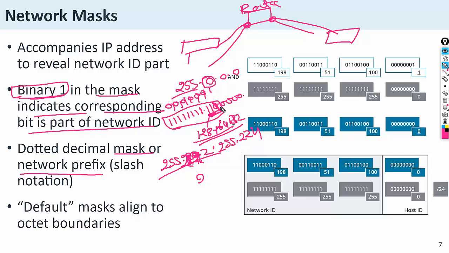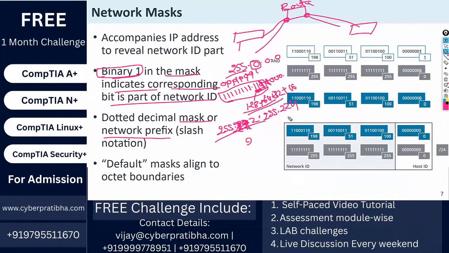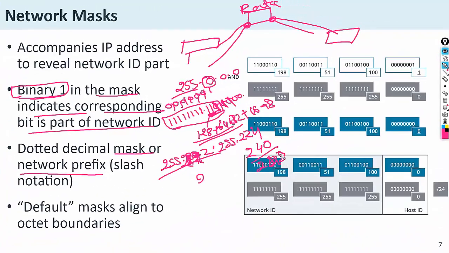Now if this bit is on, then 16 will be added. So what will be the value? 240. Now one more bit on, then this value will be 248. Again one on, then this value will be 252. Again one is on, 254. It cannot always be partial. If this is also 1, then it will be considered 255. Now understand with this how it will be 252.